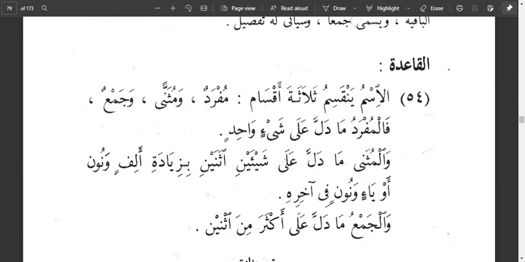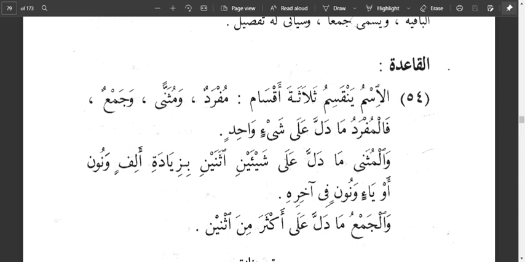So it says فالمفرد ما دل على شيء واحد. Mufrad, which is singular, is what indicates a singular entity, that is one entity. والمثنى ما دل على شيئين اثنين بزيادة ألف ونون أو ياء ونون في آخره. So he's saying that muthanna, ما دل على شيئين اثنين, is a word that indicates two things, two entities. بزيادة ألف ونون أو ياء ونون في آخره, with the addition of alif and nun or yaa and nun at the